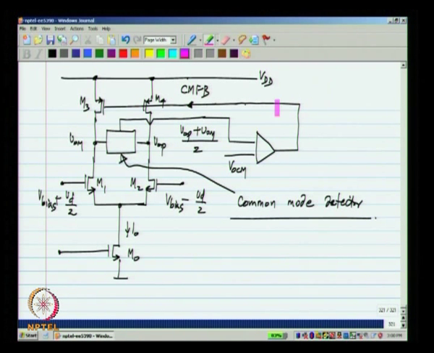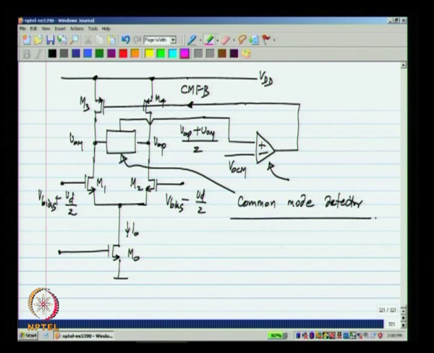Similarly, when this output voltage is too low, the current in M3 and M4 must increase, so that the output voltages increase. So you will see that to decrease the value of the currents in M3 and M4, we need to increase the gate voltage. So if the output voltage is very high, the common mode feedback voltage must be increased. If the output common mode voltage is very low, the common mode feedback voltage must be decreased. So the polarity of the op amp used in the common mode feedback is given by this. You can also determine the signs by breaking the loop and making sure that what comes back is negative and so on. Whatever I described is just that, in different words.